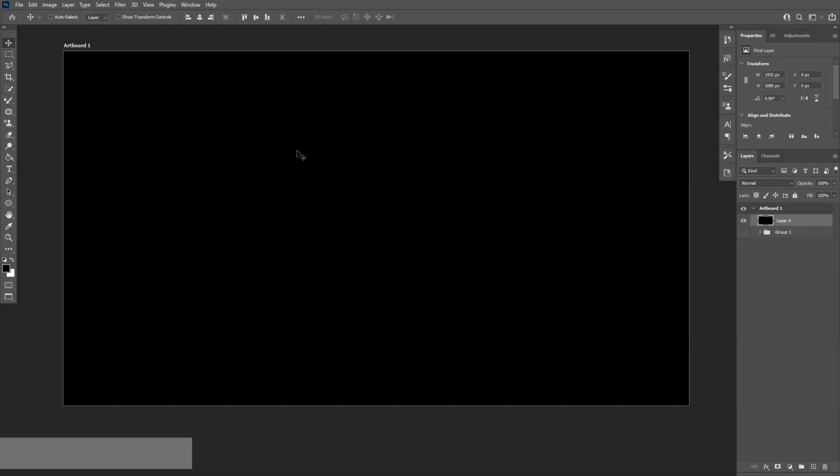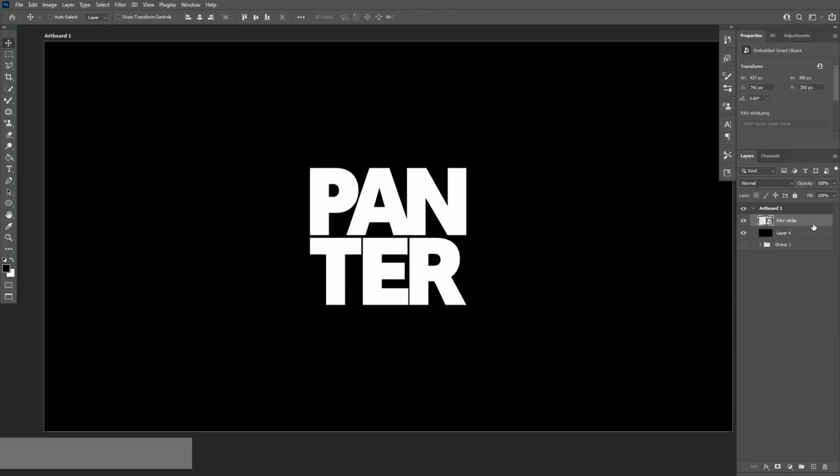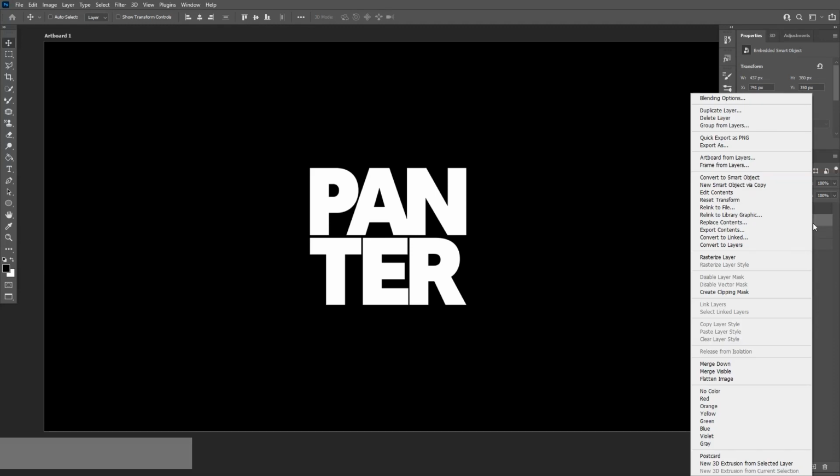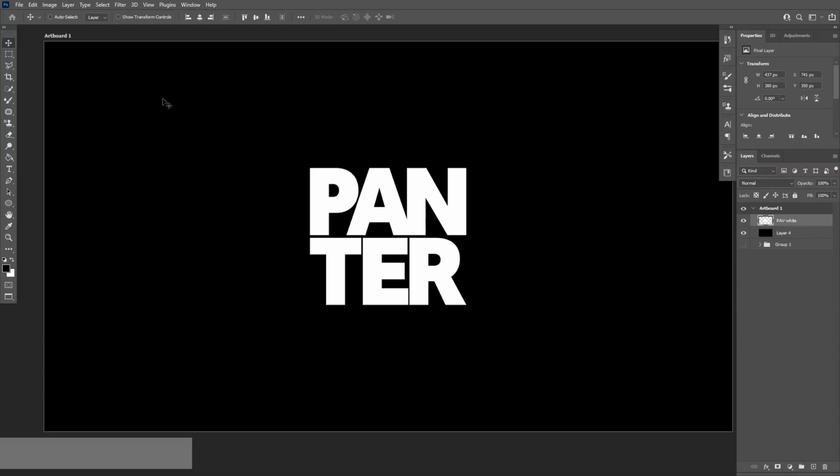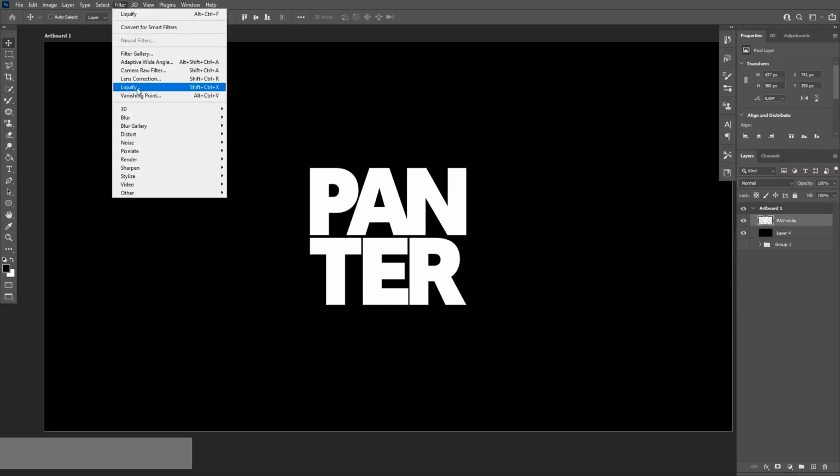Import your logo, or you can write your text by pressing this. I'm going to import my logo. Good. From here I'm going to right click the layer and rasterize layer. All right, let's go to Filter, Liquify,